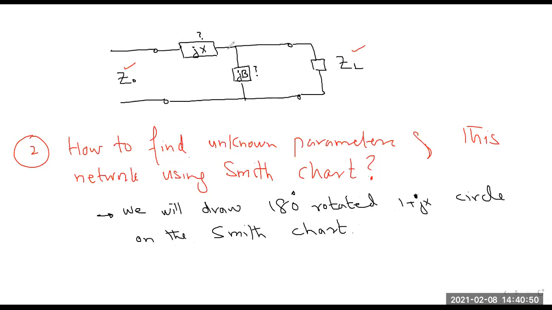You already know जो मैं 1 plus jx circle का टर्मिनोलॉजी यूज कर रहा हूँ, you already know कि ये किस सर्कल की मैं बात कर रहा हूँ। और अब आपने क्या करना है, इसका एक रोटेटेड वर्जन आपने ड्रॉ करना होगा, और कितना उसको रोटेट करना है? 180°।